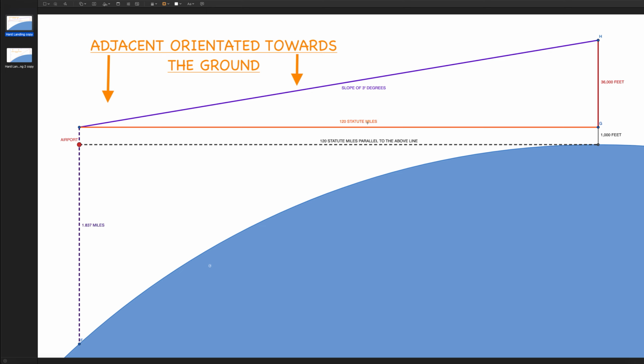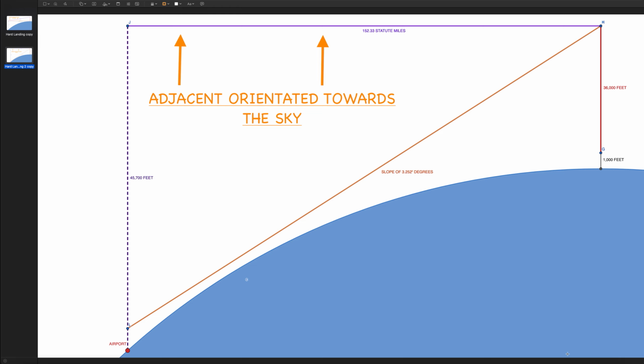So they cannot travel 120 statute miles for 37,000 feet. For 37,000 feet, for them it has to be an average of 3.25 degrees. They have to have 153 miles of top of descent glide path. They cannot have 120 statute miles for 37,000 feet. So if they're claiming it's a globe, and you're really claiming it, then here is your challenge. This is a do or die situation. If you're claiming, prove your globe. Get in that airplane and prove your globe. Adhere to these mathematics.